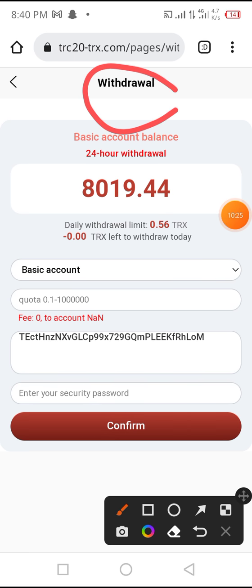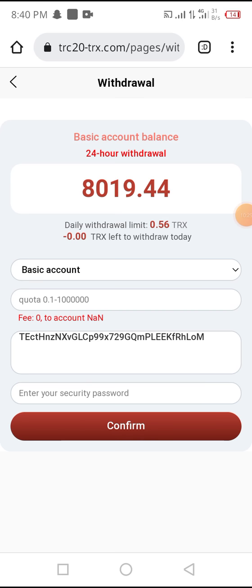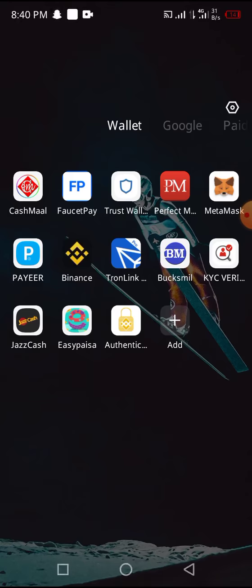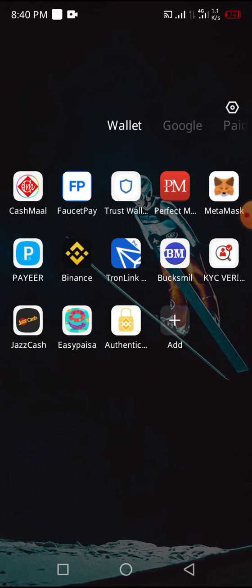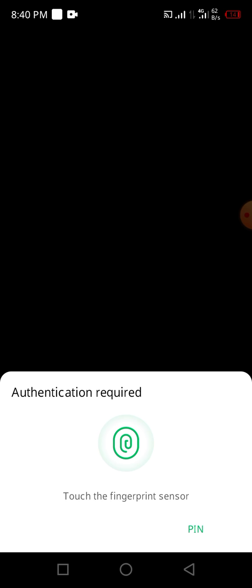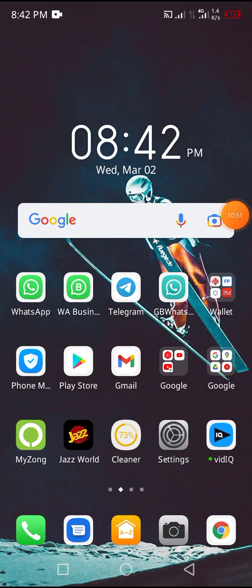I wait 5 to 10 seconds to receive my income in my Trust Wallet account. Now I show you how much I receive from the website, and I already described that my daily withdrawal limit is 0.56 TRX. You can increase it by investing more and more TRX in this website. Now I only wait for 5 to 10 seconds for the money to arrive. Friends, I receive a withdrawal of